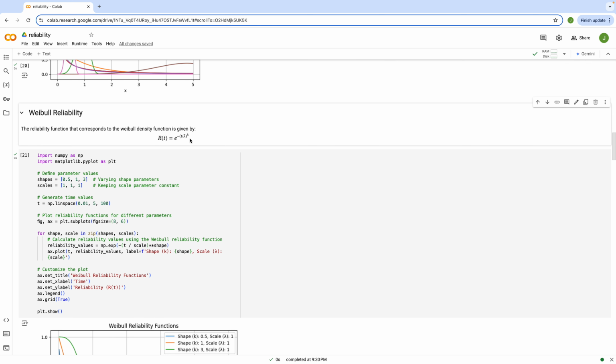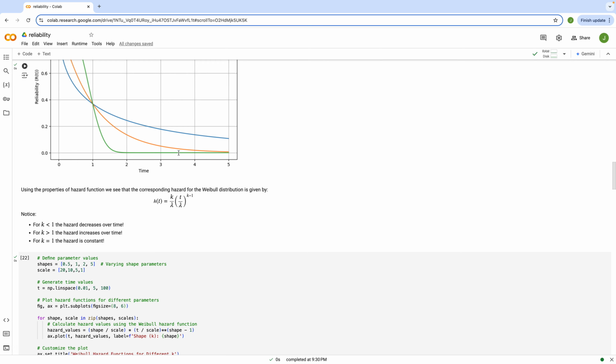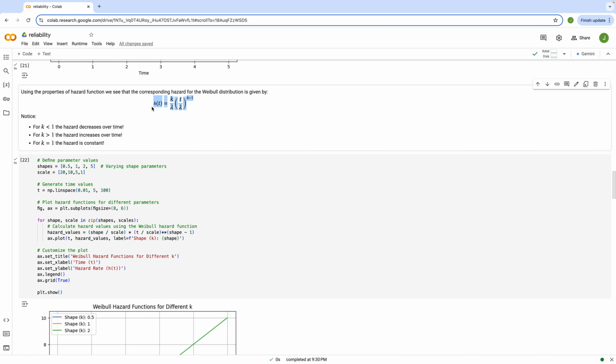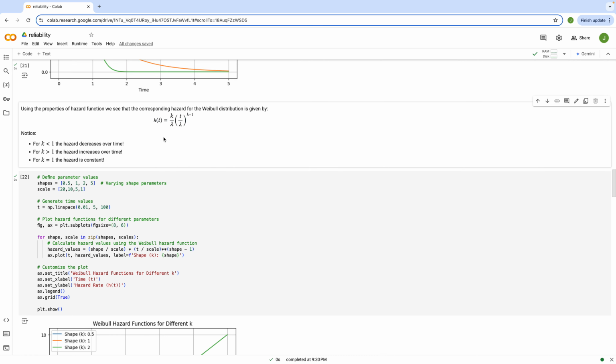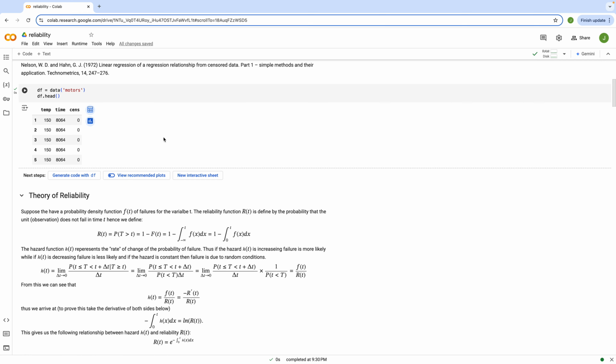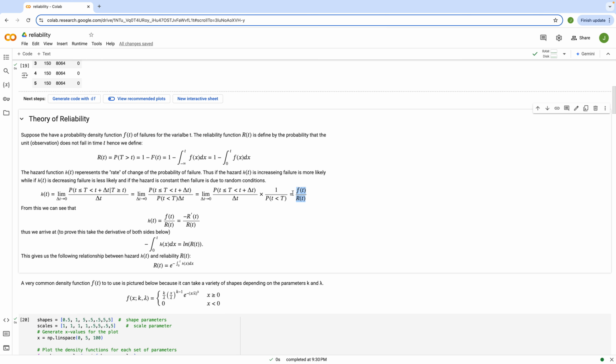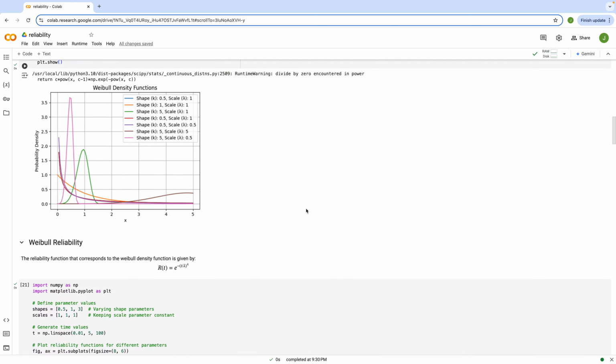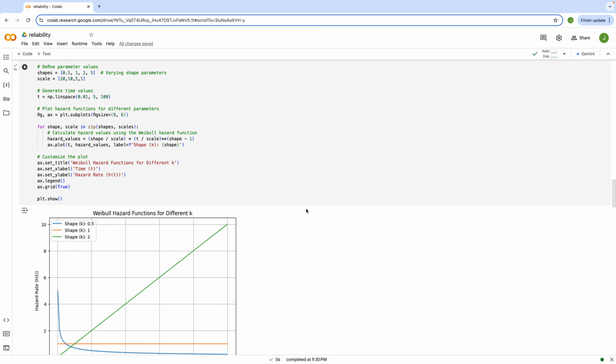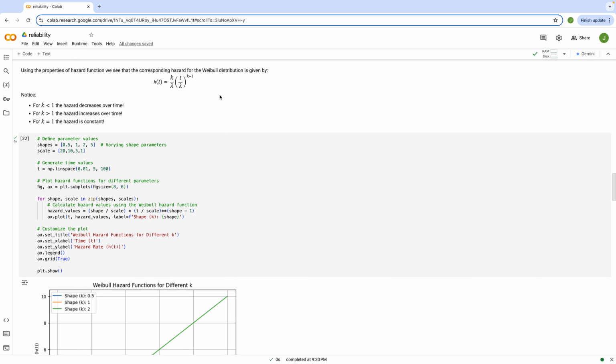The corresponding hazard for the Weibull distribution is given by this. You just use the equations from the theory part. You can use this if you know the density function and the reliability. You can form the hazard based on this theory,